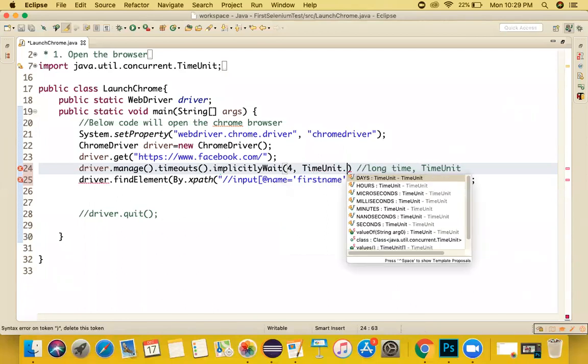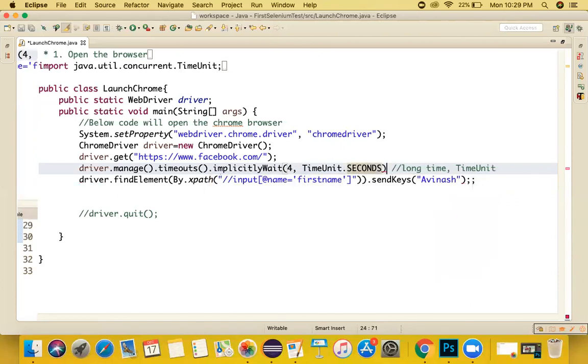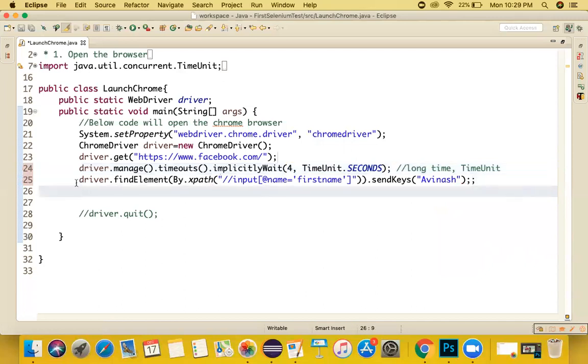We have different time units over here. Can you see? They are days, hours, microseconds, milliseconds, minutes, nanoseconds, seconds, and so on. We can choose the time unit as per our convenience. For now I'm choosing seconds. So this will be your maximum timeout, which is 4 seconds. This maximum timeout will get attached to each and every operation that we are invoking with this